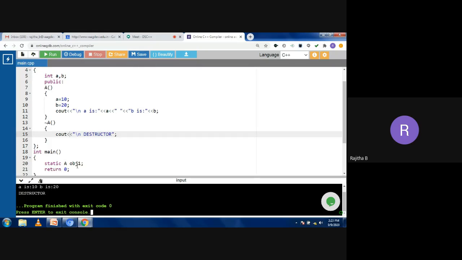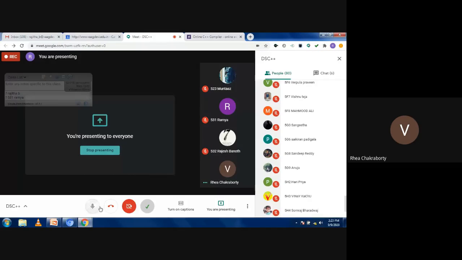Suppose if you are not initializing the value to the particular member, Amrin, Muntaj, yes, Muntaj, ma'am. Sriya Reddy, ma'am. Who is that person? Does he belong to your section or not? Riya Chakrabarti.